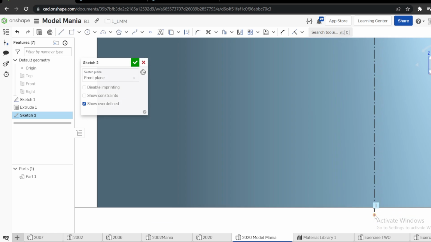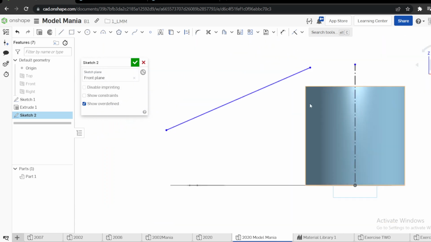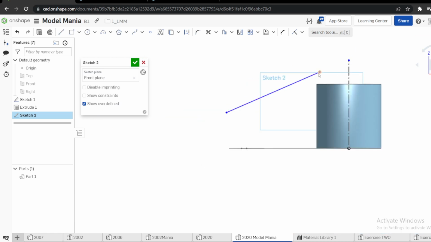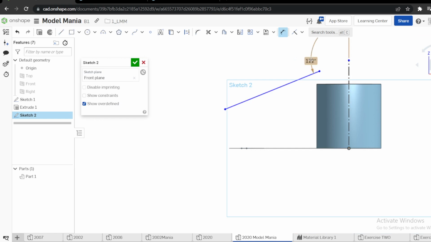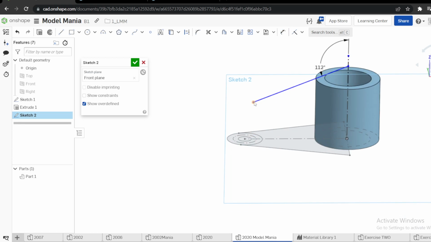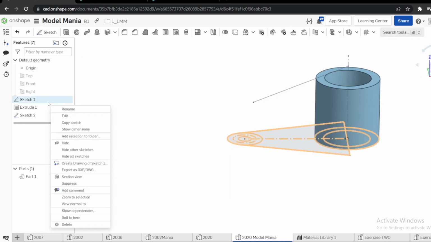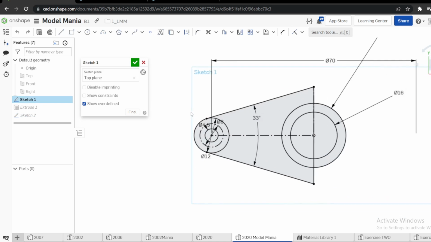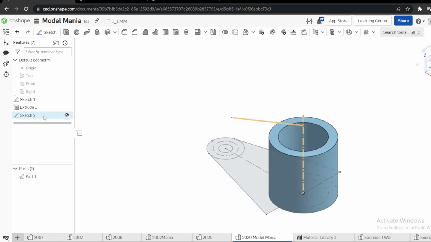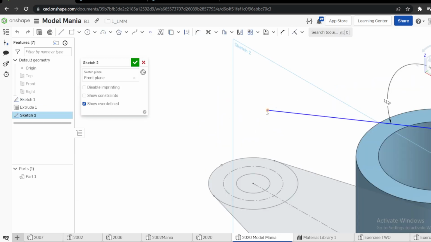Let me first terminate this. Then the angle between these two lines must be 112, this to this. I can now terminate this to this. Then I need to define this section to this section. Therefore, I go back to sketch 1. Let me make my sketch intelligent by adding a point here. There. Therefore, if I go back to my sketch 2, now I can define this point to this point